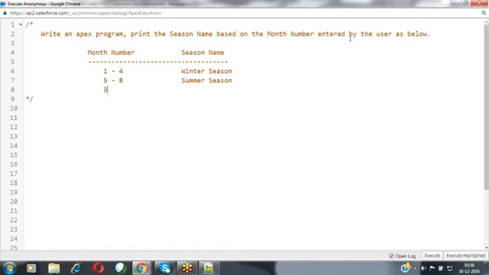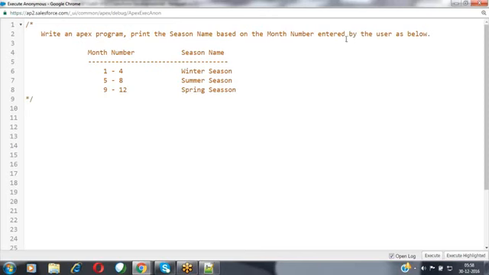If the month numbers are between 9 to 12, I want to display spring season. So now this is my requirement here. So now I want to write a small Apex program by using the if conditional statements or whatever the statements that we have discussed, to print the season name based on the month number.